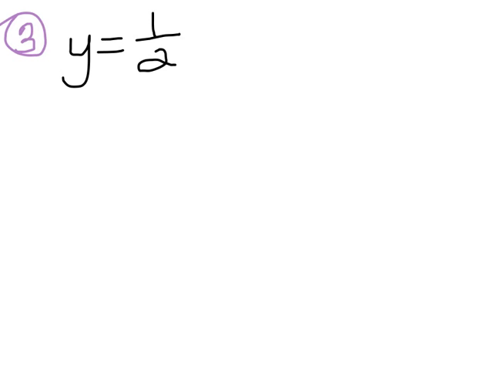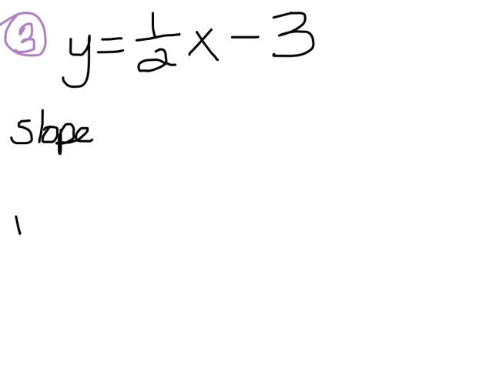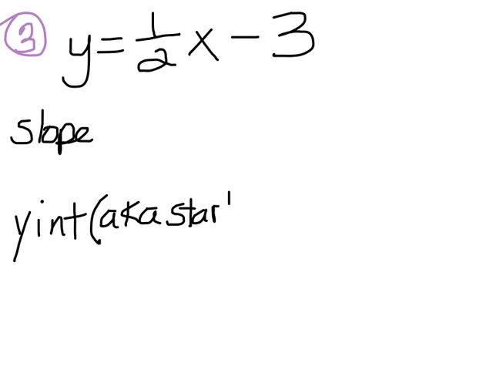So if I have y = 1/2 x - 3, they ask you two questions. What's the slope? And what is the y-intercept? And the y-intercept is also known as what? What do we call the y-intercept, or how do we think about it when we graph? Think about it as where the graph goes through the y-axis. It's a starting point for us too, isn't it? So it's the place where the graph goes through the y-axis. So we go to the y number line, we color that dot in, but that's our starting point. So also known as your starting point is what's kind of,